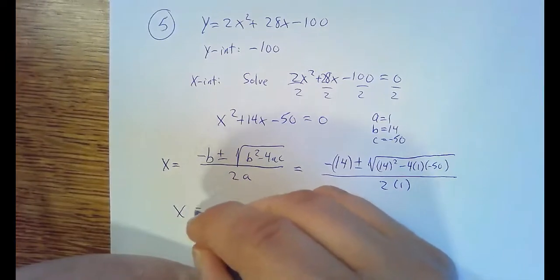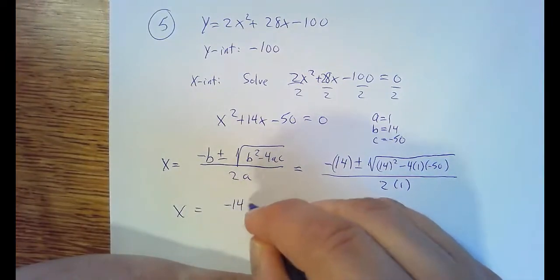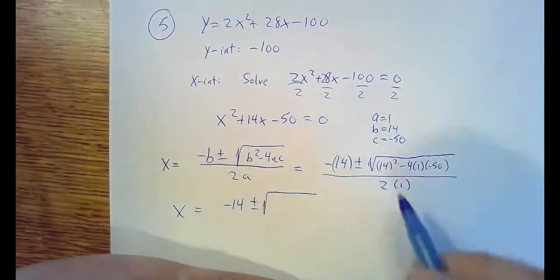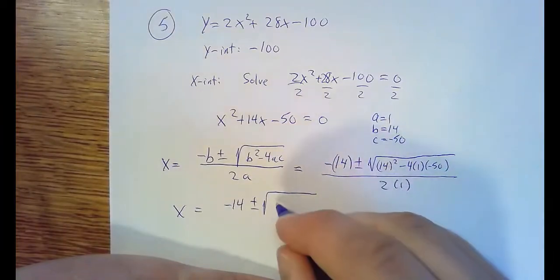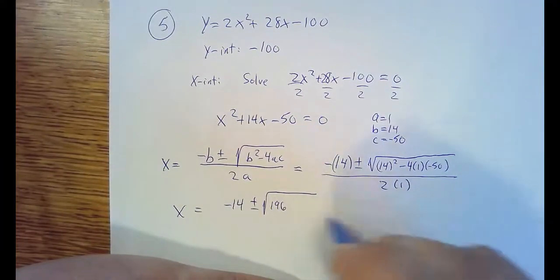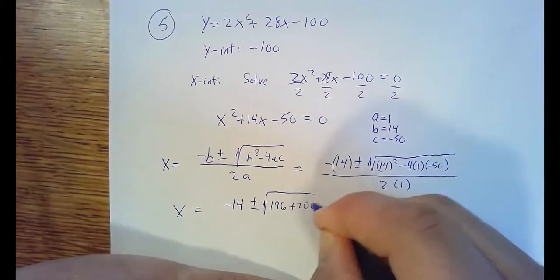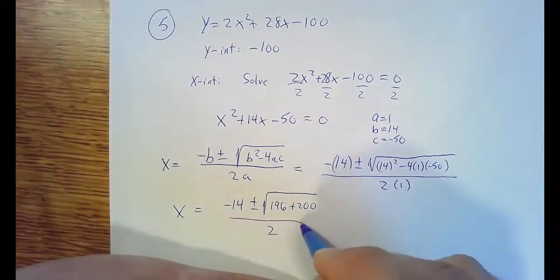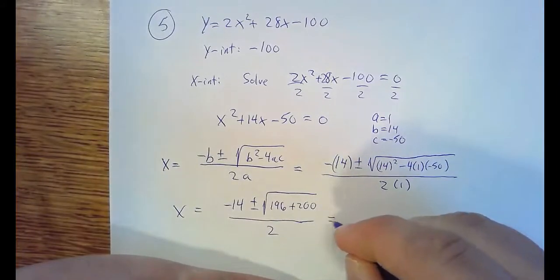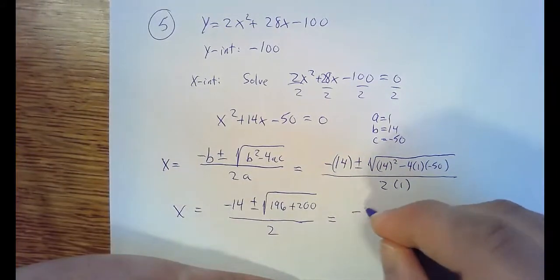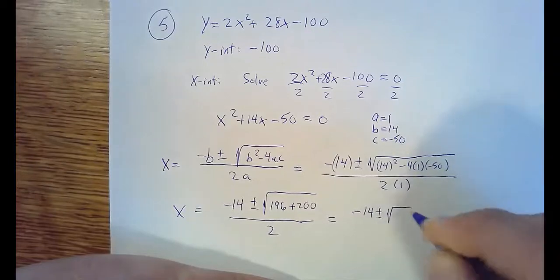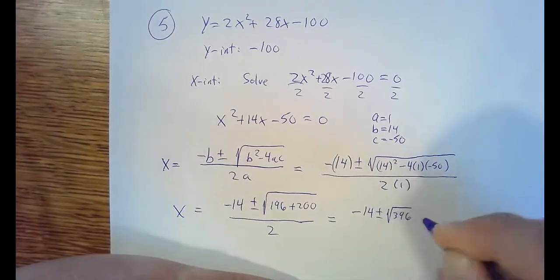When I simplify this expression, I get minus 14 plus or minus the square root of 14 squared, which is 196, minus 4 times minus 50 is positive 200, all divided by 2. And so one way to write this would be minus 14 plus or minus the square root of 396